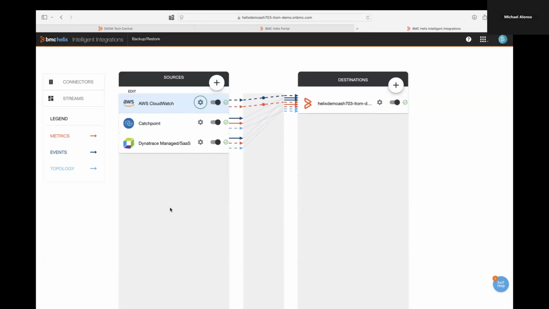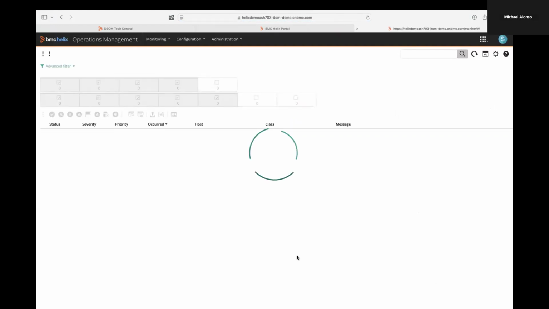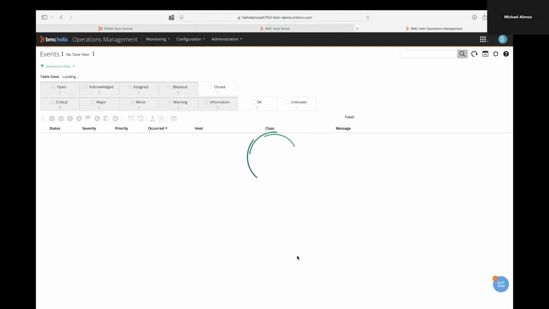So very simply, that is our integration engine. If you didn't see something that was listed there, we have additional ones that I don't have loaded, as well as an open API integration where we can go after just about anything in the environment. Now, once we have data coming in from that method, we need to do something with it. And that's where our Helix operations management comes in. Now, I will tell you, you're not going to spend a lot of time here, but it's an important concept to understand. When we talk about Helix operations management, this is traditional operations management, as you're going to see here in a second. We're going to start off with our event management screen.